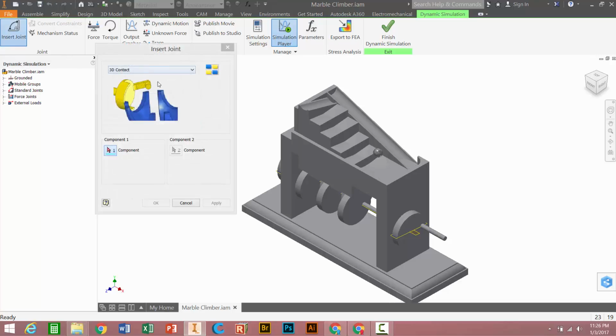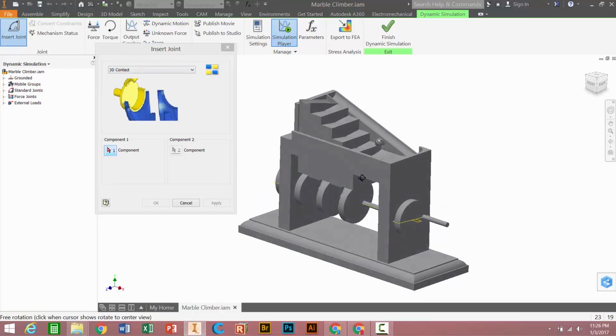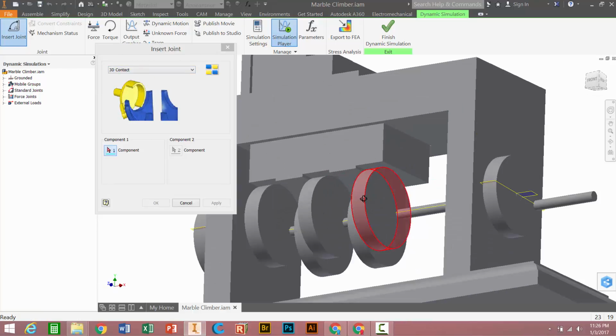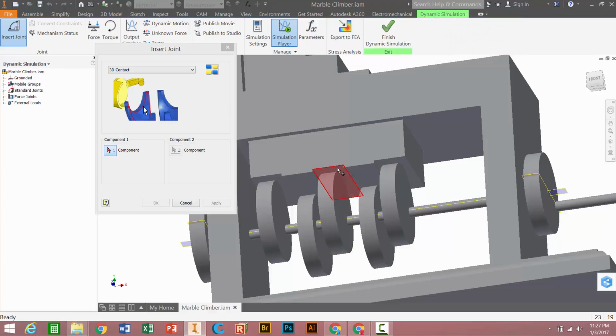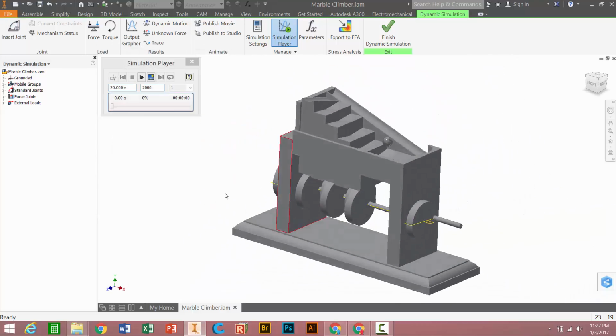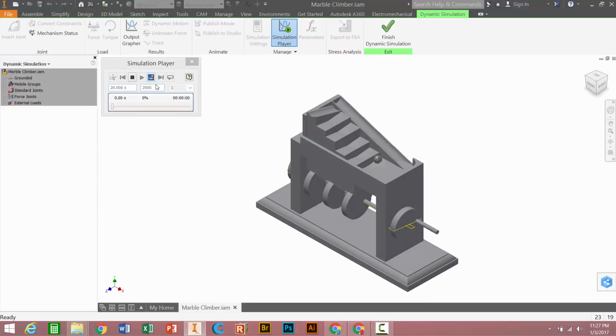So back to Insert Joint, 3D Contact, and I'm just going to finish putting these on. I'm on the second piston, second cam, apply, third piston, third cam, apply, fourth piston, apply, and fifth piston, fifth cam, apply. And cancel, F6, let's hit play. Boom. All the pistons are staying on top of the cams. That's awesome. So stop,